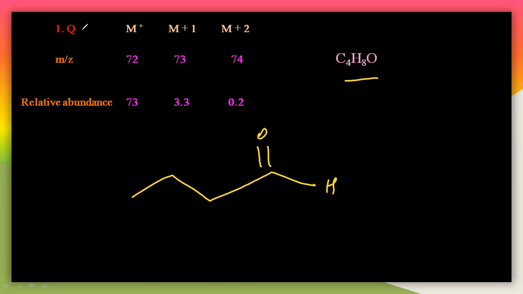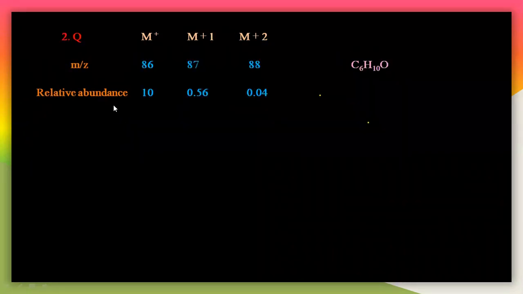C4H8O here. So let us see another question so that you can get a simple understanding. So let us say the second question. The second question చూడండి. So this is also in the same way. The structure with C4H10O here, but we have to find out that molecular formula by using those rules here. So let us see the first rule here.